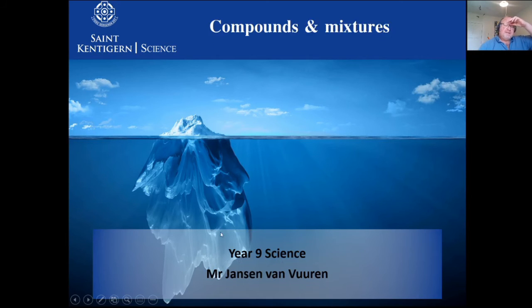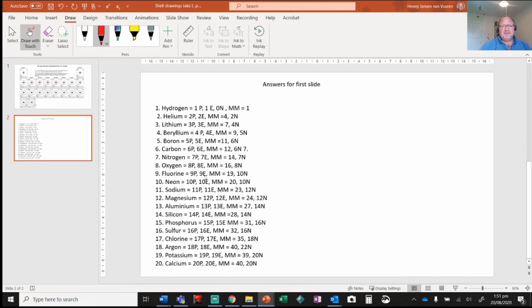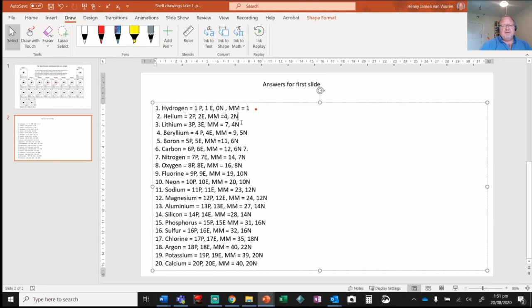Okay, that's it for today. So can I please ask you to go back to this document and then make sure you do all the electrons in there, and then please, a new piece of homework, you write down, just like Jake did here, but I also want the electron configuration after this. Okay, so the electron configuration of hydrogen is just going to be 1. The electron configuration of helium is going to be 2. Lithium is going to be 2, 1. So make a new column